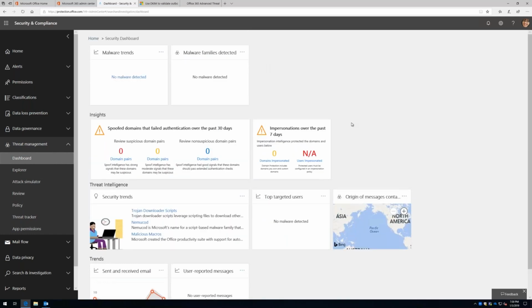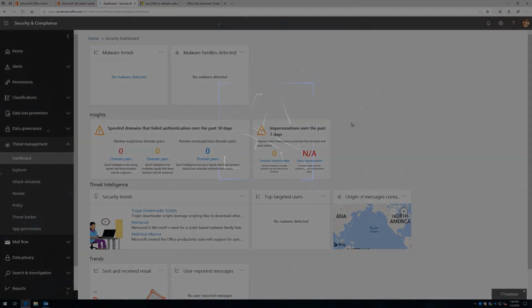This can actually be kind of scary. I've seen some customers where we turn this on and they come in here after a week or two and these dashboards are just lit up with malware trends and all these different types of malware detected in the environment. And then we start looking at their actual client PCs and endpoints and discover that they're infected. And we never knew about that until we turned this on. And so this could help you actually be proactive in trying to mitigate against those threats that are out there.